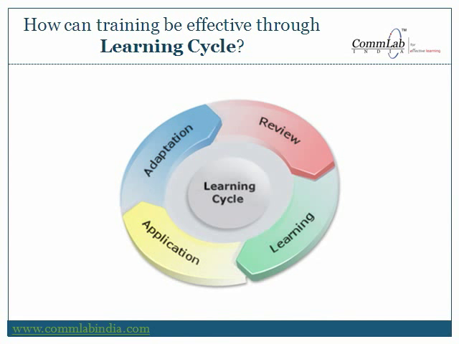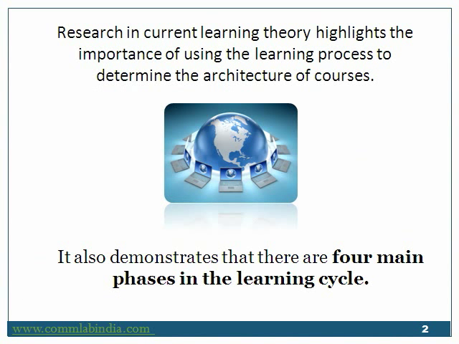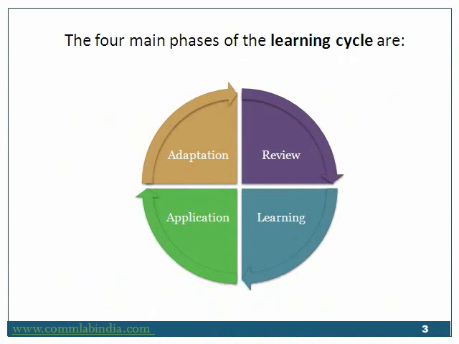How can training be effective through the learning cycle? Research in current learning theory highlights the importance of using the learning process to determine the architecture of courses. It also demonstrates that there are 4 main phases in the learning cycle. The 4 main phases of the learning cycle are: